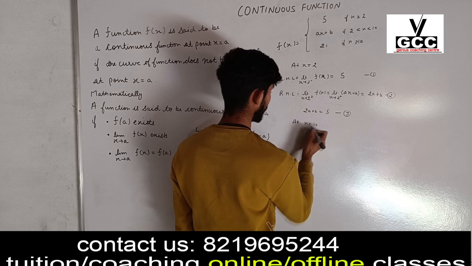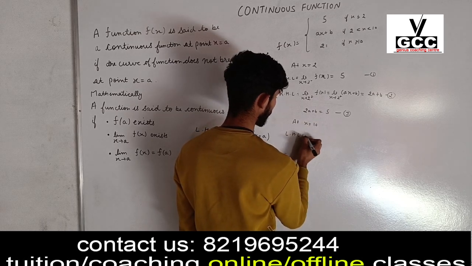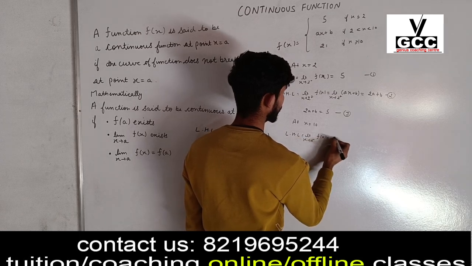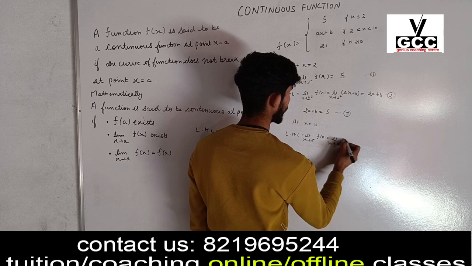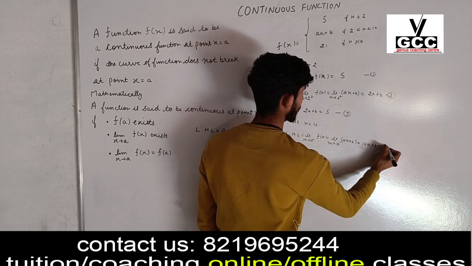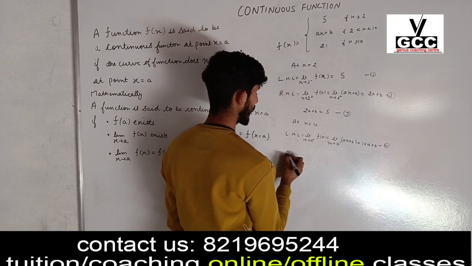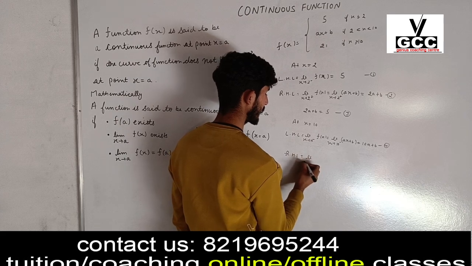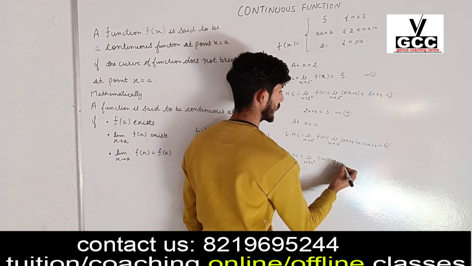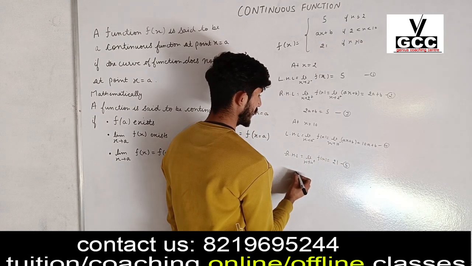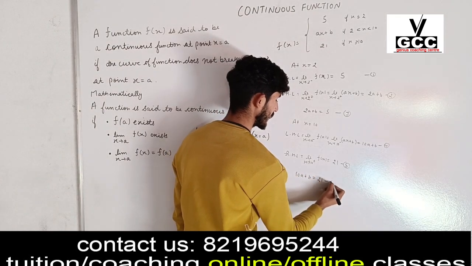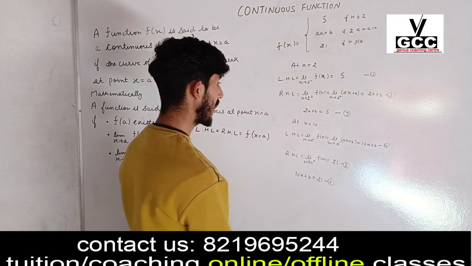Similarly, the given function is continuous at x equal to 10. Left hand limit is equal to limit x approaches 10 negative f of x, that is limit x approaches 10 negative ax plus b, that is 10a plus b. Let us consider it as equation 4. Right hand limit is equal to limit x approaches 10 positive f of x, that is equal to 21. From 4 and 5, 10a plus b is equal to 21, that is equation 6.